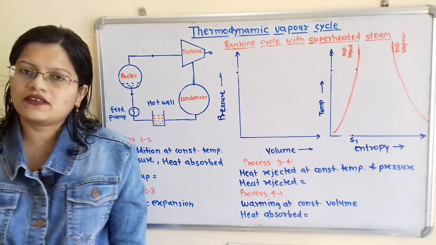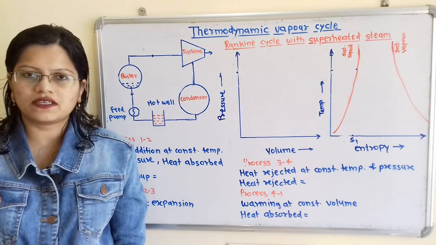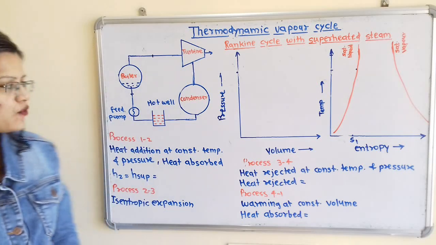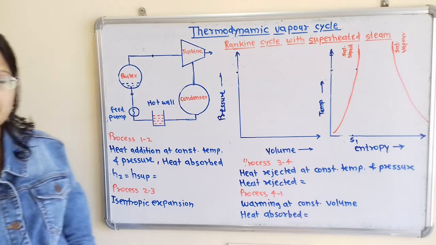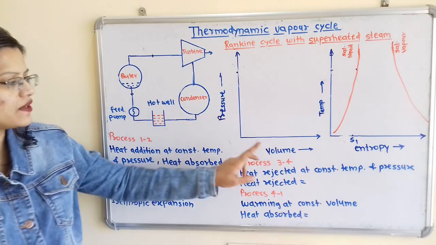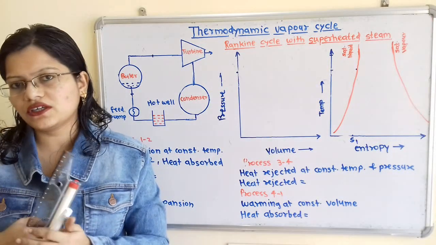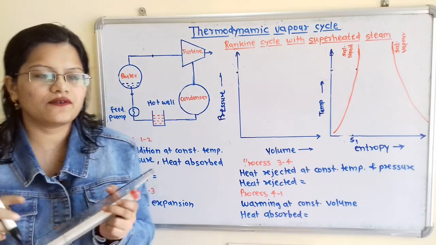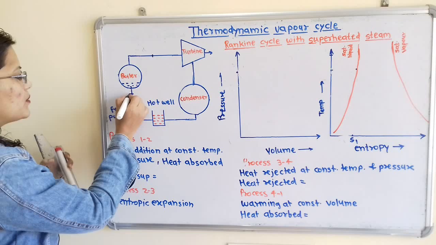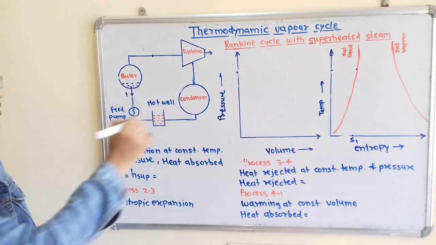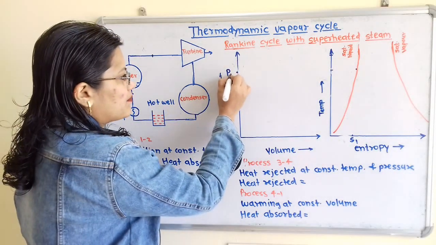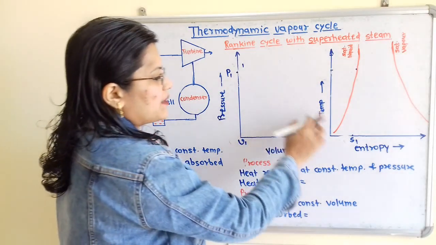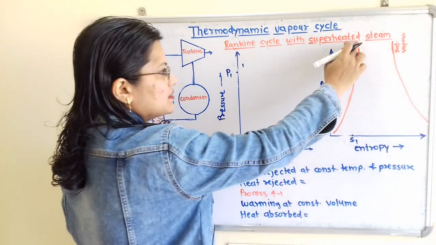Now we will consider the initial condition of the working substance. We will consider 1 kilogram of saturated water entering the boiler at pressure P1, volume V1 and temperature T1. Now we will show this initial condition with point 1. So at the entrance of the boiler I will show here point 1. And here will be pressure P1, then volume V1,